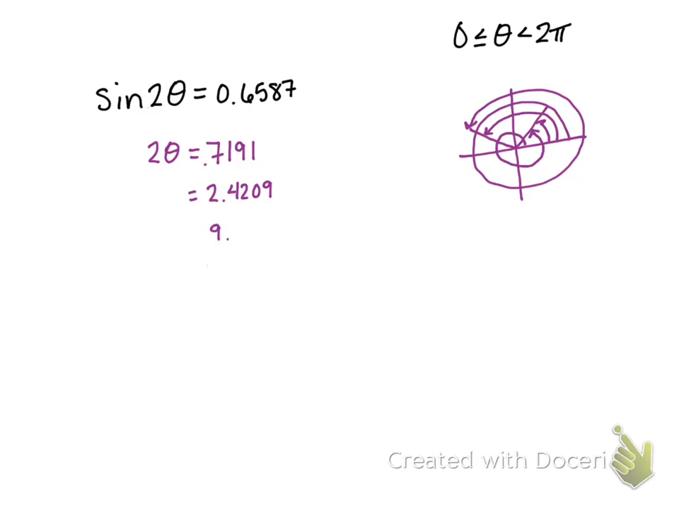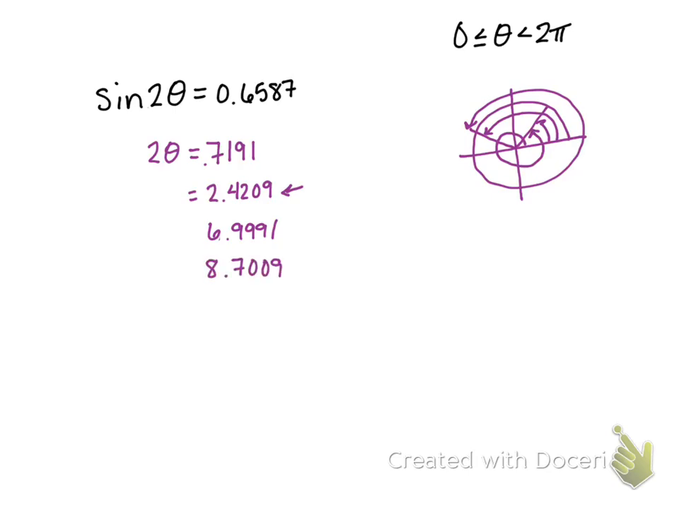Anyway, 6.28 plus 0.7191 is 6.9991. Excuse me, I know I wrote a 9 there. Should be 6. And then 6.28 plus 3.14, we could do that, or we could come back to our other angle in our second quadrant, 2.4209, and add 6.28 to that to get